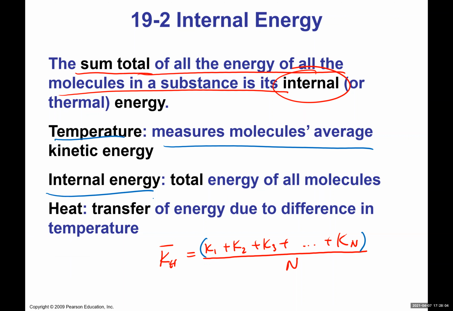Internal energy is the total energy of all the molecules. And heat is the transfer of energy due to a difference in temperature. Okay. So remember, one of the things we have here is, when we say total energy of all the